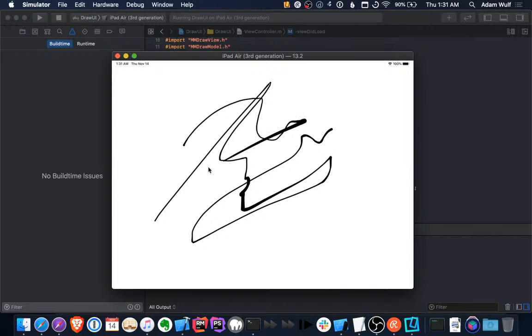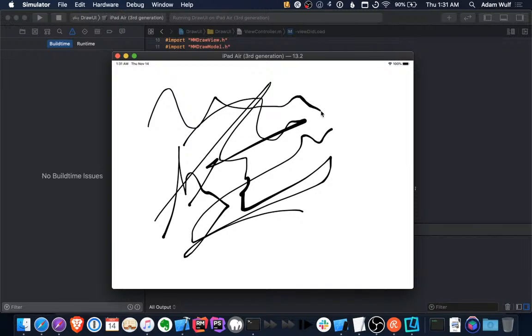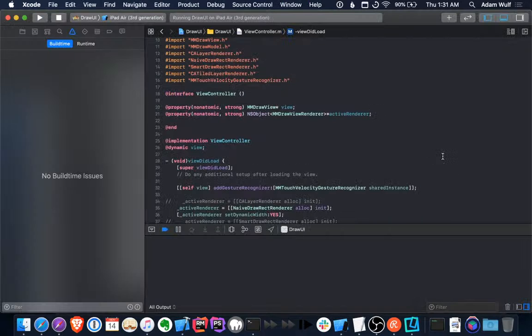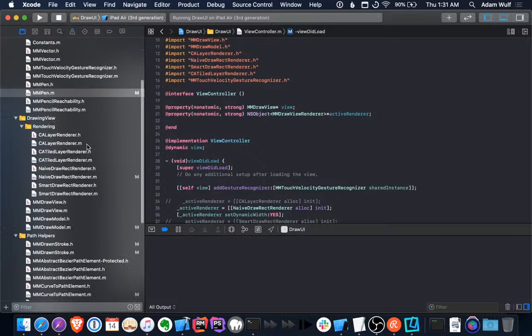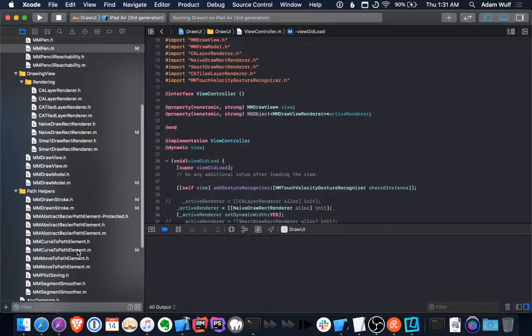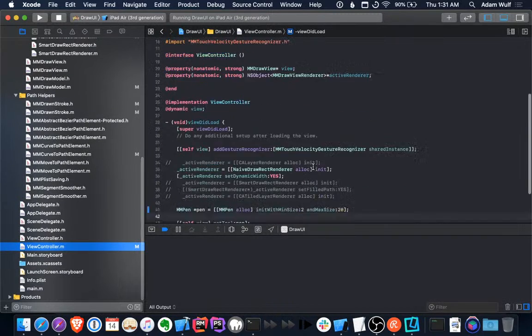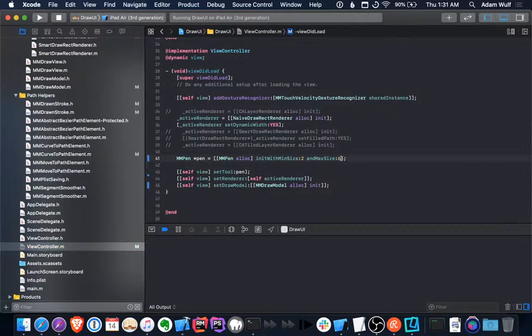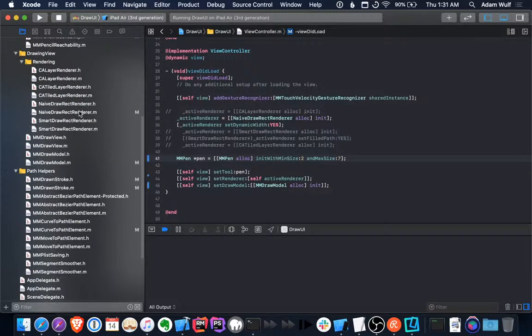Get a nice kind of pen look to it. There's definitely a lot more we could do. And once it slows down a little bit, it gets ridiculous. I think the right way to clean it up would be to set that to say 6 or 7, and then